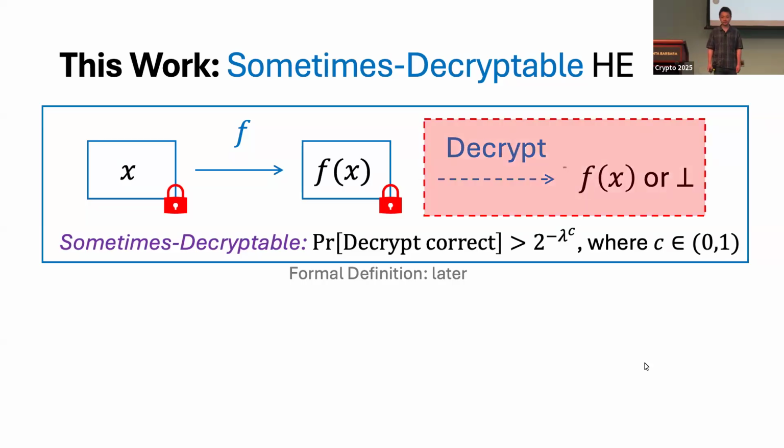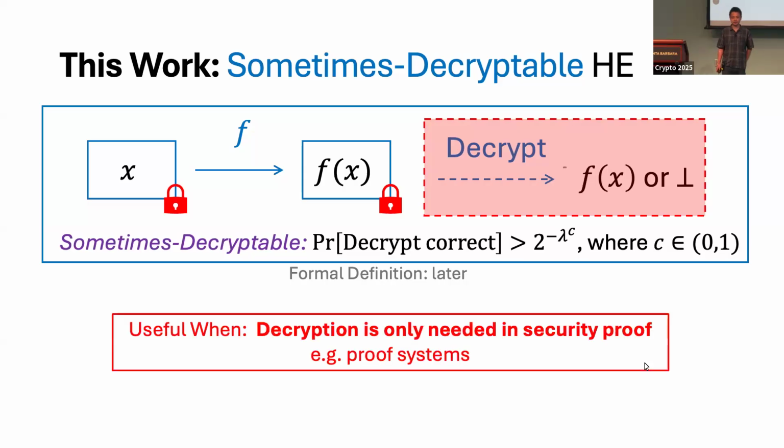So now you may wonder why this is useful. Since the decryption error is so large, why is this useful? And indeed, such a notion is already very useful in cryptographic proof systems, where in the actual construction of the prover and the verifier, we only need to use the encryption algorithm and the homomorphic evaluation algorithm. And the decryption algorithm is only used in the security proof. So by further using complexity leveraging and setting the security parameter correctly, we can still prove the security of cryptographic proof systems.